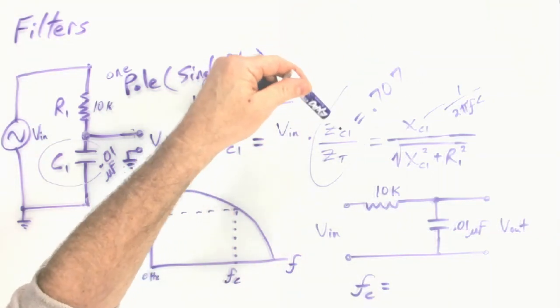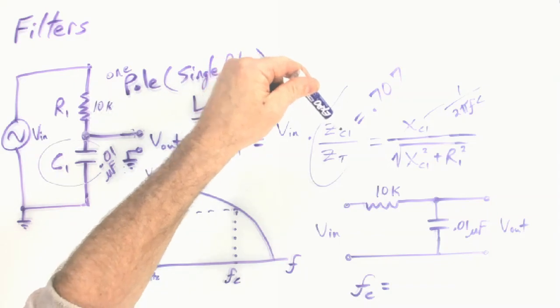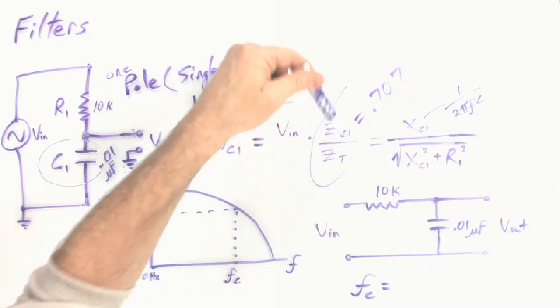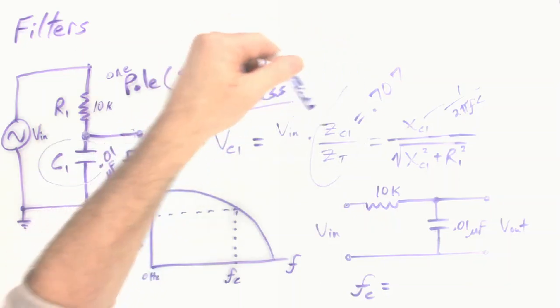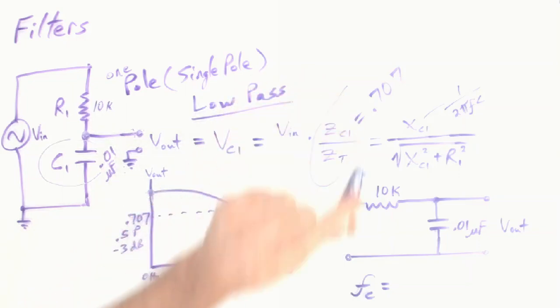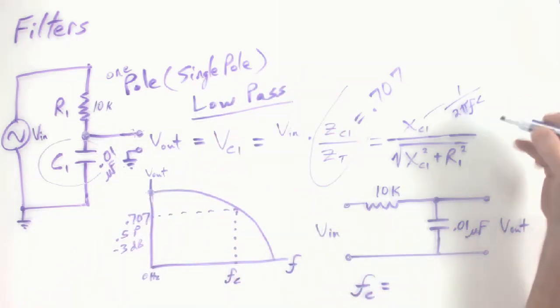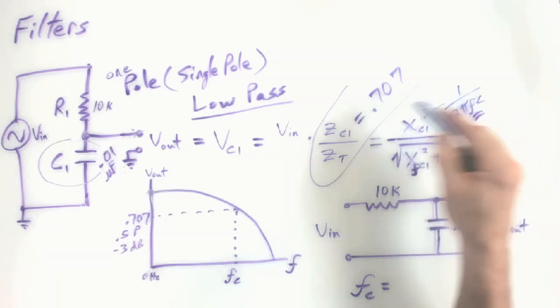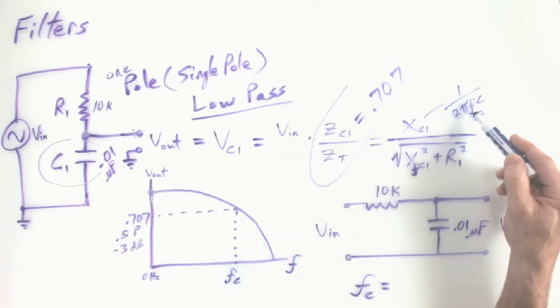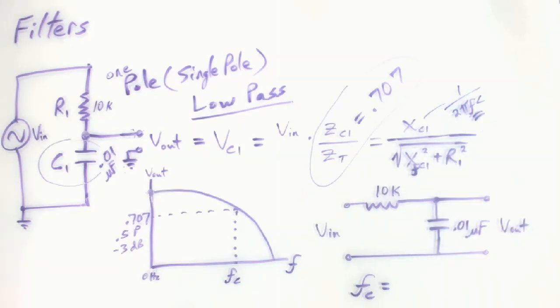If you look at when the ratio of C1's impedance to the total impedance is 0.707, that's when it'll claim 0.707 of V in, and frequency is buried in here, right? It's buried here. It's buried here. It's also in here. So you'd have to do a little bit of algebra and solve for F. Well, if you do that, or you don't have to, but you could make your algebra teacher proud, I'm sure. You could solve for F, and what you would find is,